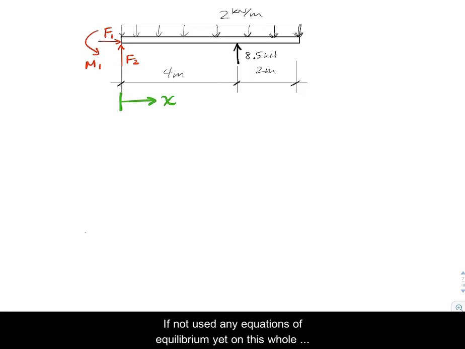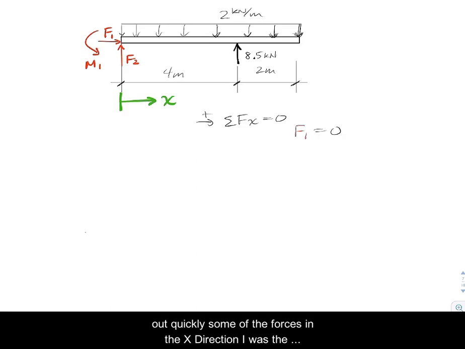We have not used any equations of equilibrium yet on this whole structure free body diagram. So we can knock this out quickly. Sum of forces in the x direction obviously gives us that F1 equals 0. I can sum forces in the y direction. That equals 0. And again, to do that, I'm going to end up